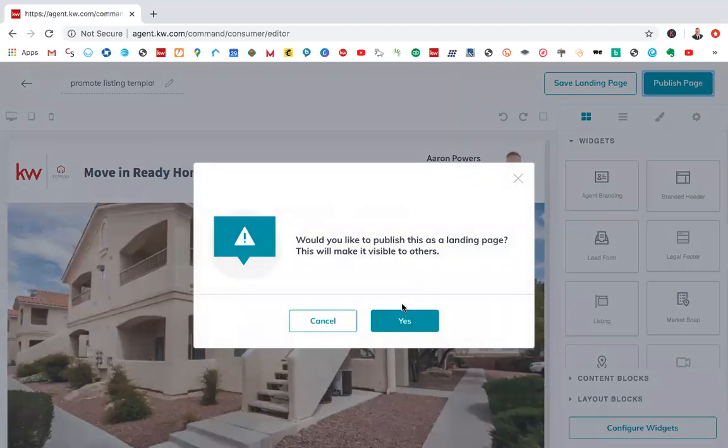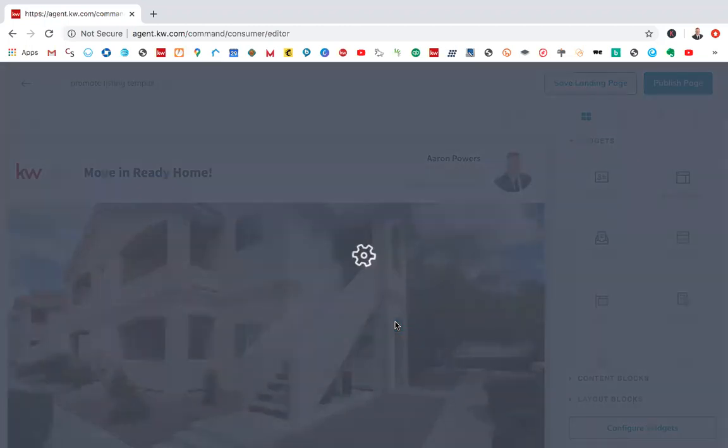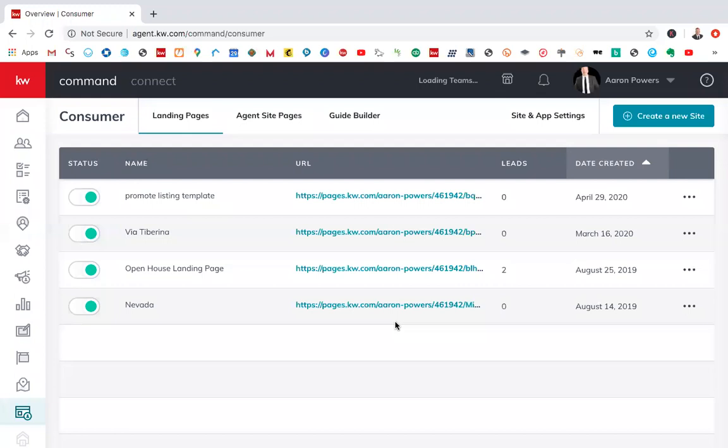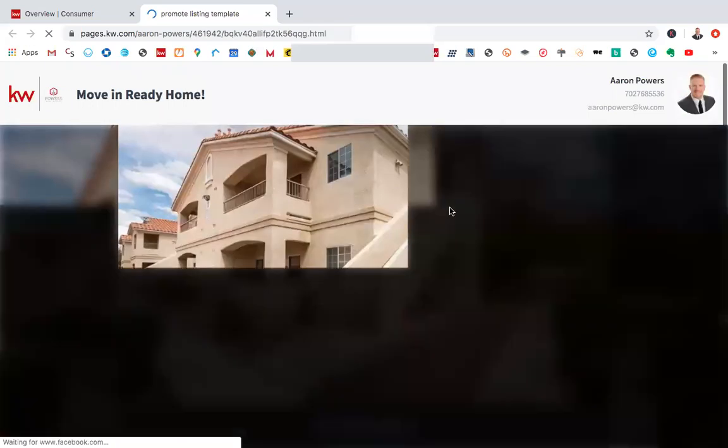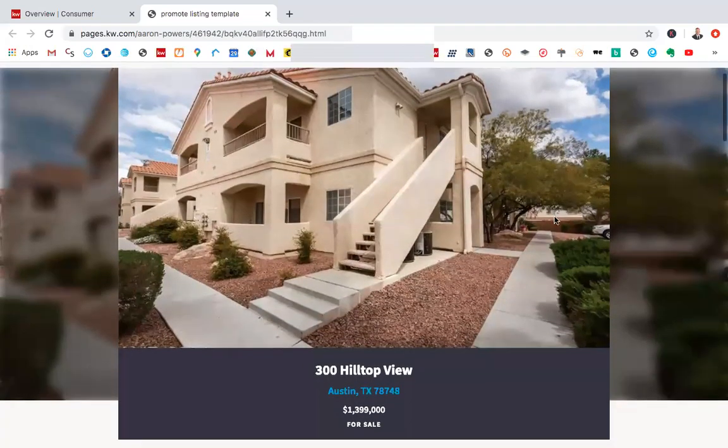I'm going to go ahead and publish it. Just click yes. It says your landing page was created, and it's right down here, promote listing template. If you want to view it, you just click on the URL, and it'll come right up. This URL right here,